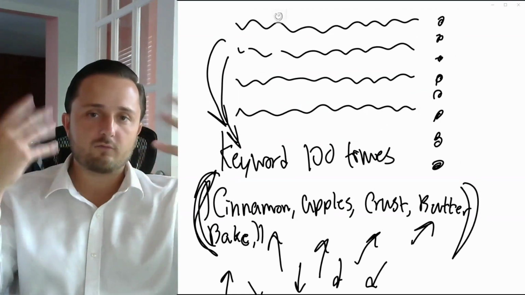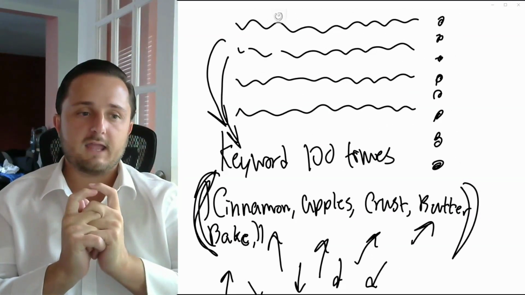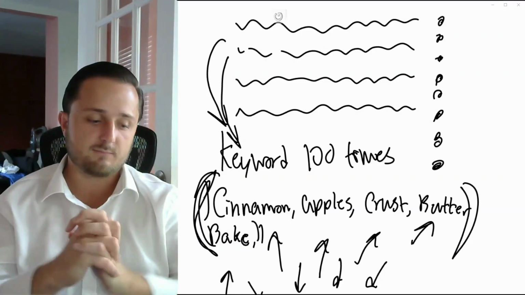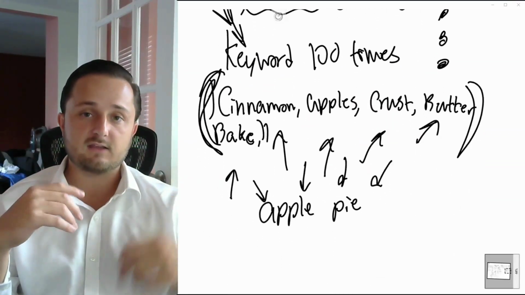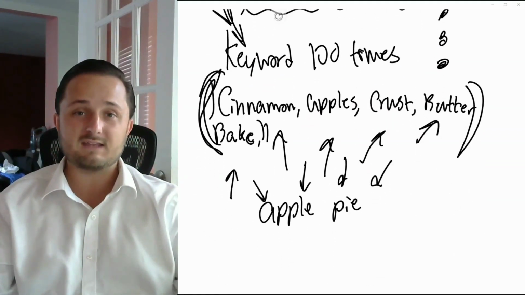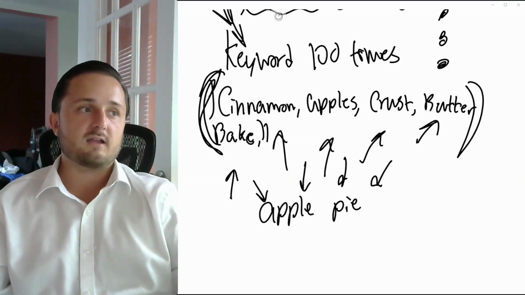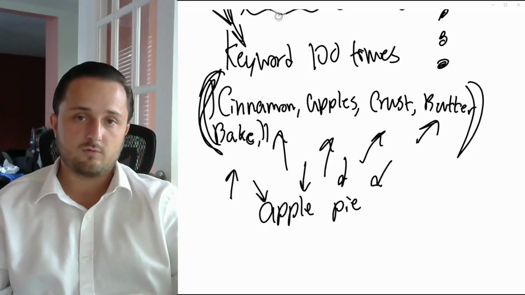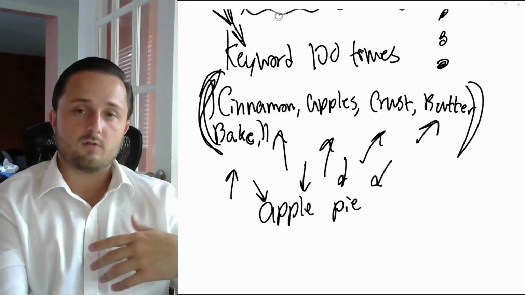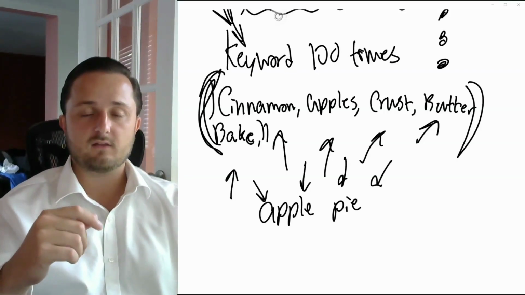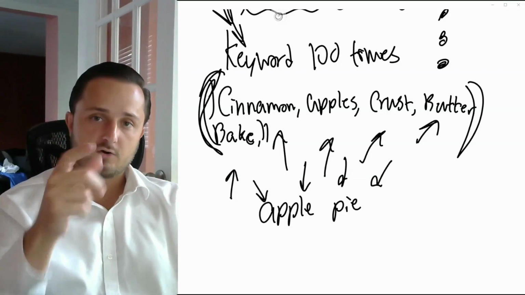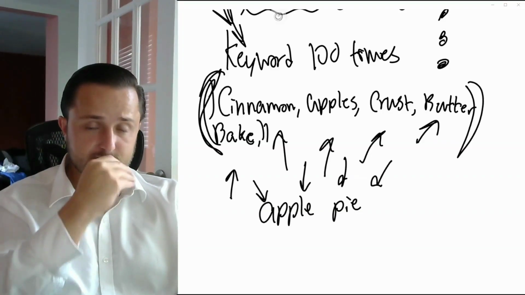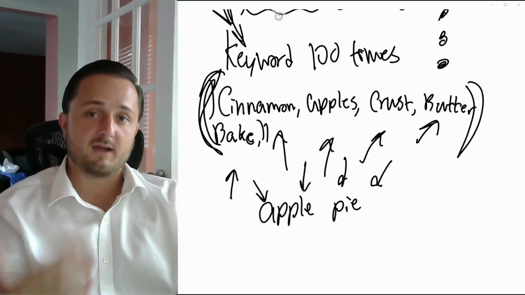So that's more of what it means when a crawler comes by. It doesn't have the context and it doesn't know how to read like we do to understand what the page is actually about. What it does is that it looks at the occurrences or the amount of words each time that they're on the page, right? So it might go through and count the word "the" and see how many times that's used. And then it'll go through maybe all of the other words. And then it'll also measure the distance between the words that commonly occur in association with certain things or certain topics like apple pie to get an understanding of what the page is about.